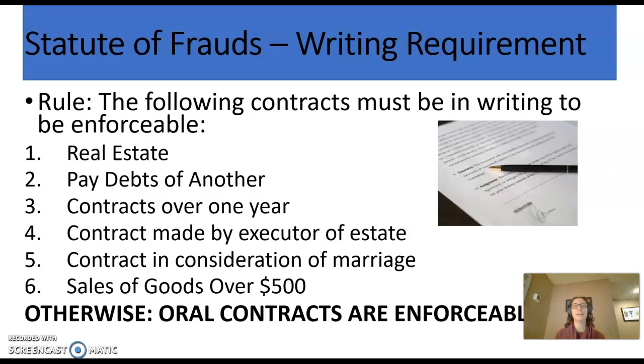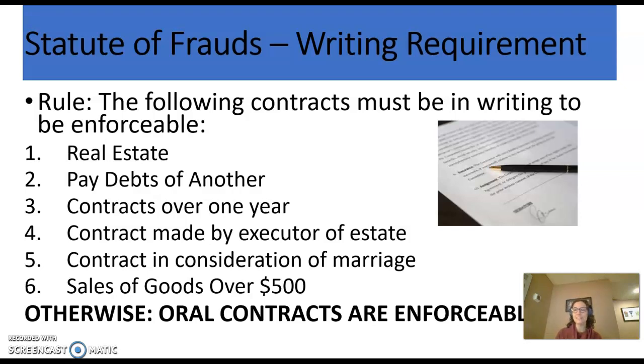So what's the big takeaway here? Anything that's not on this list can be a verbal enforceable contract. So a contract to sell your bicycle for $200, your contract to go to work until one of you fires the other or you decide to quit, that can be a verbal contract. All services contracts that are less than a year can be verbal. Notice that it's sales of goods over $500, not services that are provided. This means that an awful lot of contracts are perfectly fine and enforceable just by our own testimony.